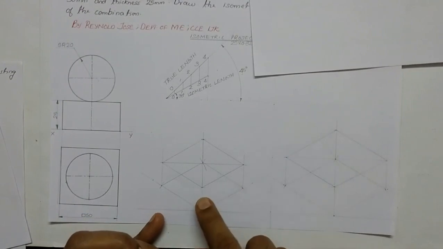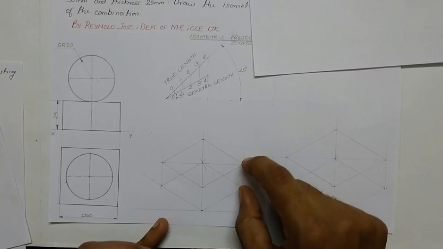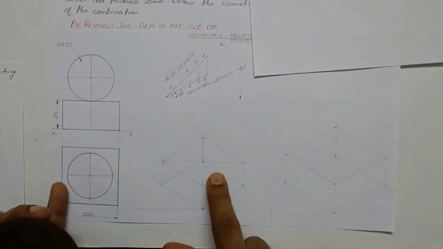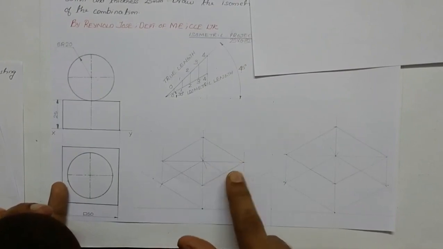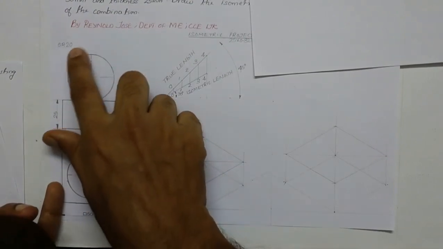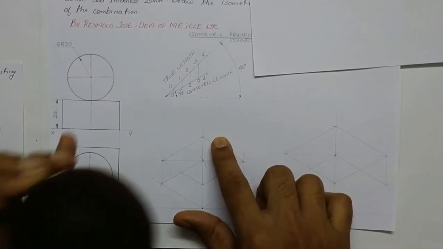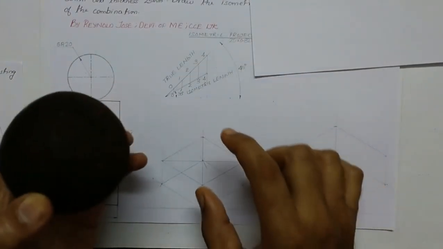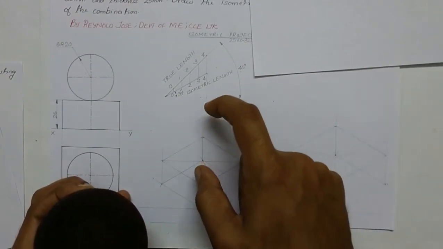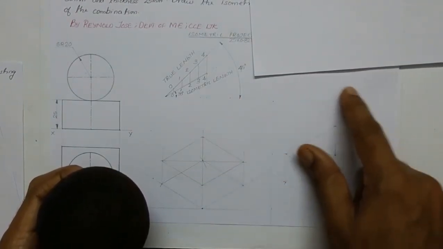In the case of this square slab, each dimension here is the true dimension into 0.82, and when you multiply it by 1.22, it will be the same dimension. But when it comes to the sphere, we don't have a length reduction for the spherical diameter of the sphere. So when it comes to the isometric view of the sphere, we have to multiply the spherical radius of the sphere by 1.22. Then only will we be able to draw it.